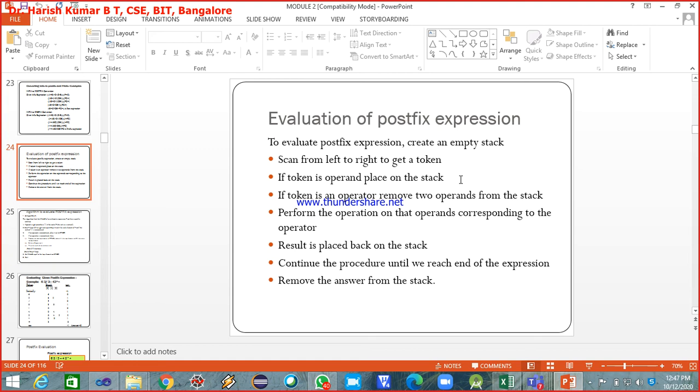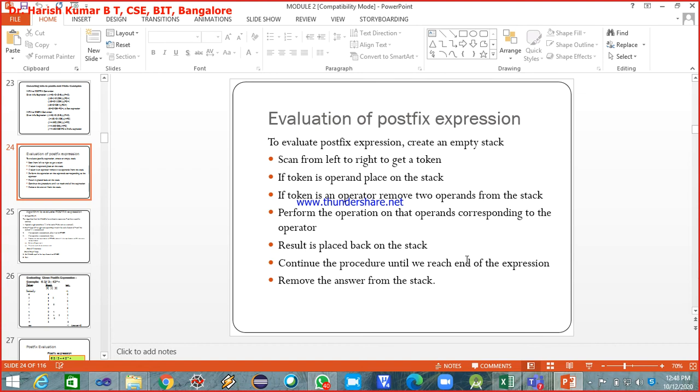If the scanned token is an operator, you pop two operands from the stack, perform the operation using this operator, and then push the result back onto the stack. Continue this procedure until we reach the end of the expression, and finally remove the answer from the stack.